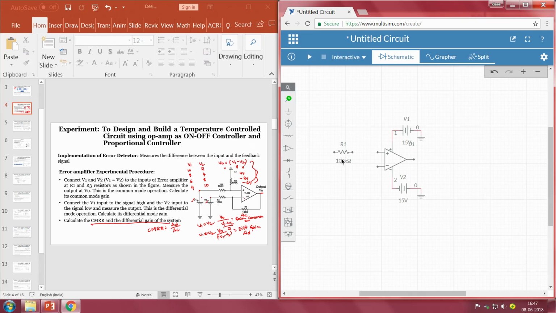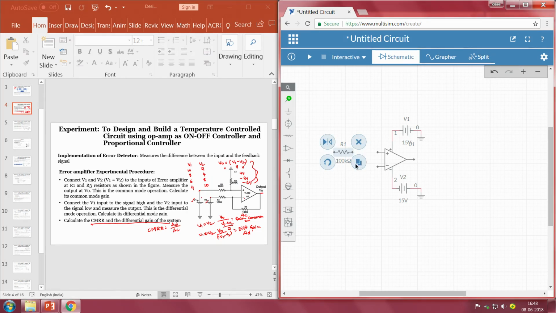But the higher the resistances, the more the input impedance of the system. The higher the resistances, the more noise in the system; noise is always proportional to the resistance value. That is the reason we have to select moderately between 10K and 100K. We can even select 1K, but it will have a slight loading effect on the previous stage of your system. If I go lower than 1K, like 100 ohms, it will have more loading effect. So in order not to have that, we are considering somewhere around 10K to 100K. In this case I am considering 100K.